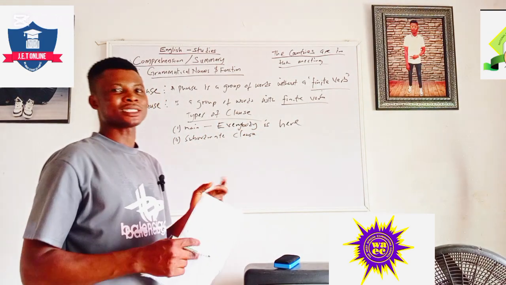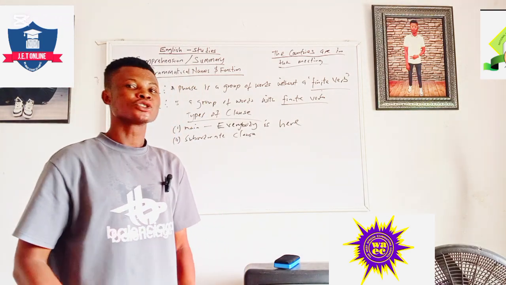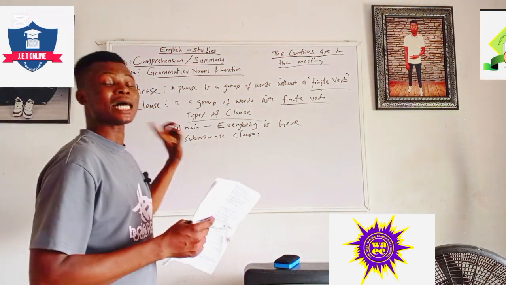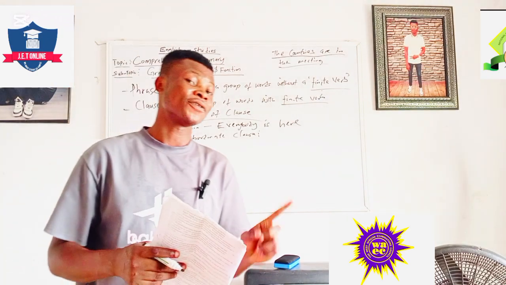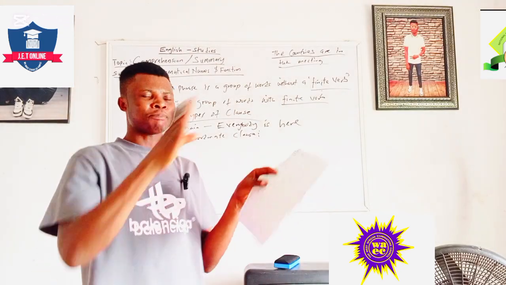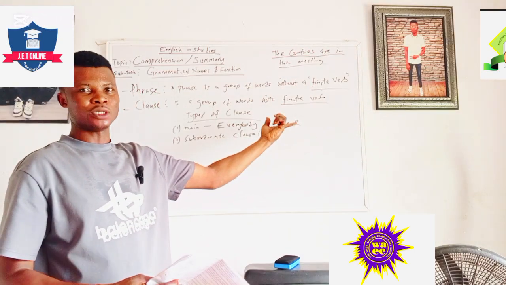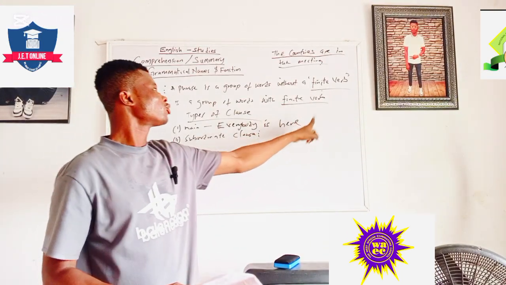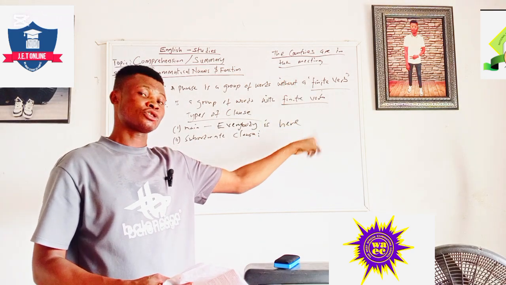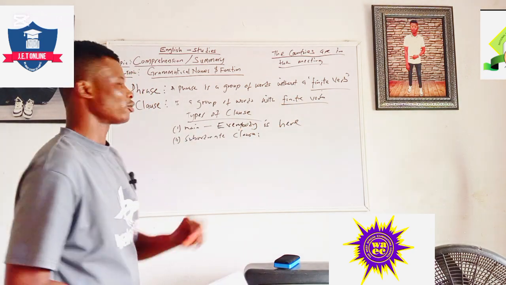So that is why we don't really have concern with main clause. Why? Because main clauses can stand on their own. They are not having problems. So the subordinate clause is what we actually want to look into. Subordinate clauses are clauses that cannot stand on their own to give a common sense or a complete expression. They cannot. So subordinate clauses always depend on the main clause. Like what I have here now, everybody is here. I can provide a subordinate clause to it. Everybody is here, so that they can be attended to, or they can be attended to, depending on the expression. So you can have a subordinate clause to join this main clause. This is an example of a main clause.